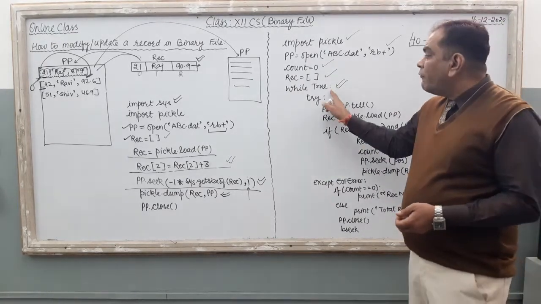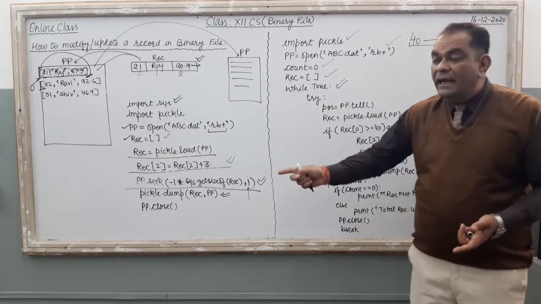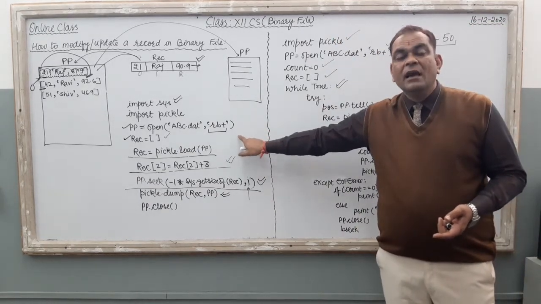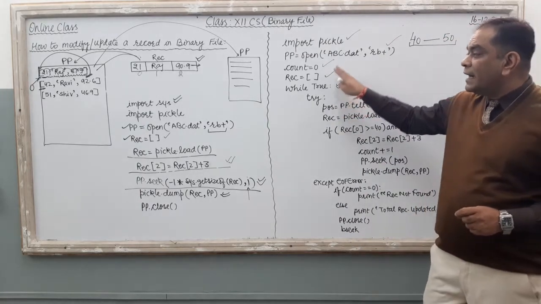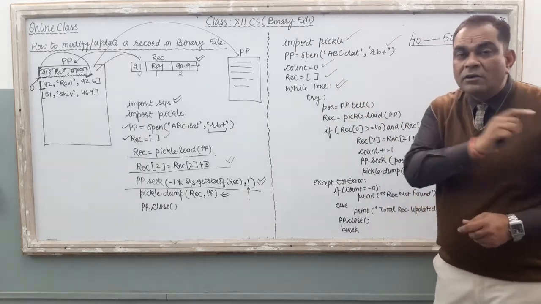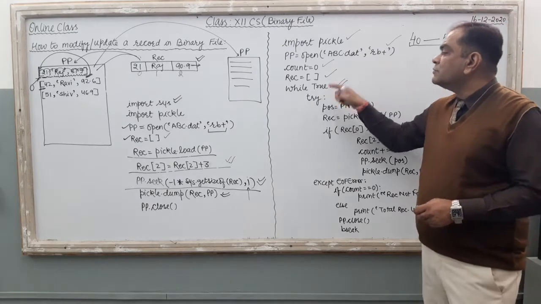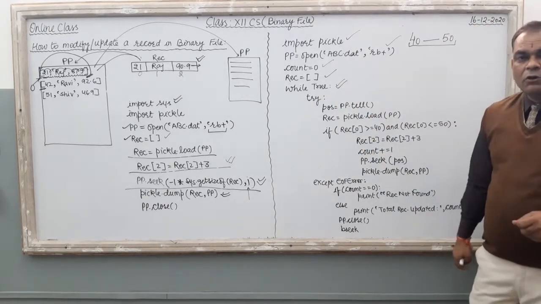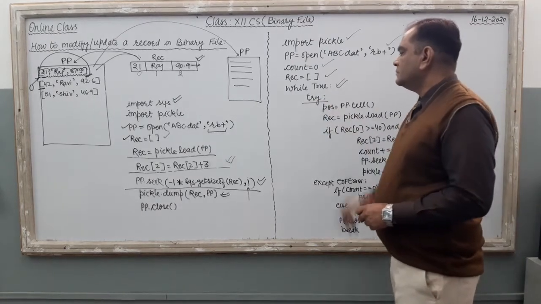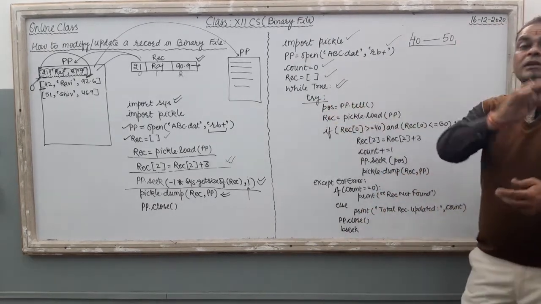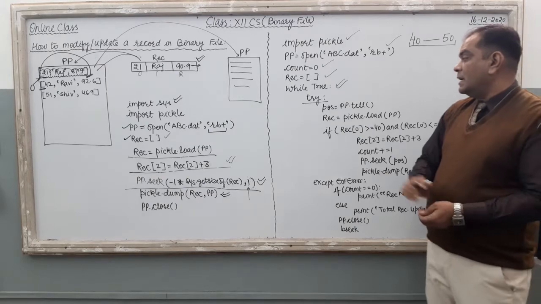Clear? So लूप क्यों लगाया? पूरी फाइल रीड करनी. यहाँ क्यों नहीं लगाया था? We worked on the single object only, right? So here, if you want to read the whole file, if you want to read the whole records that are there in the file, you have to use while loop, right? While True and then try. अब यहाँ पे दूसरी टेक्निक है. देखो, try में मैंने क्या किया?